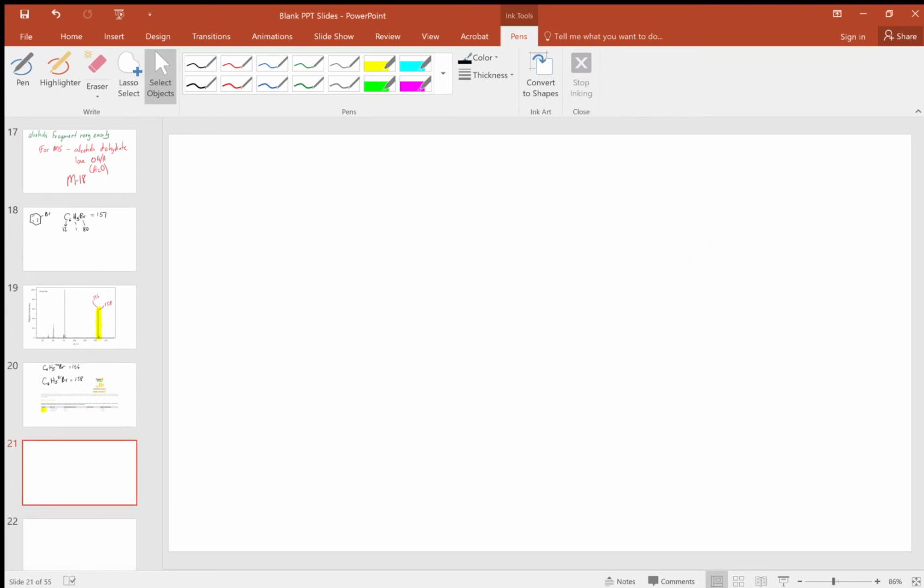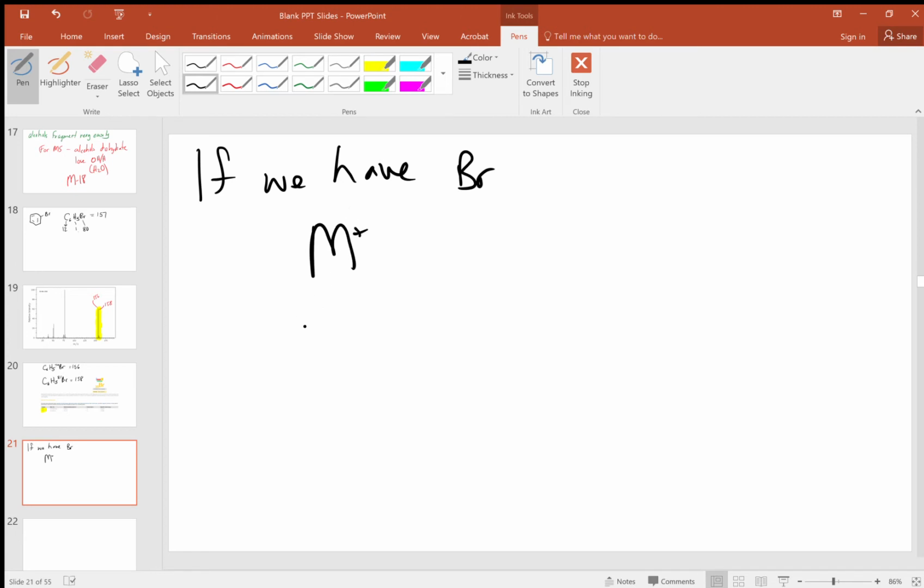So for bromine, if we have bromine in a molecule, we will see an M plus and an M plus 2 peak. And in addition to that, the ratio of those peaks